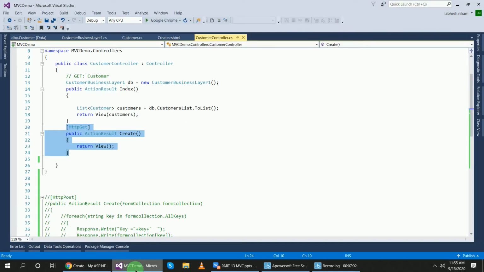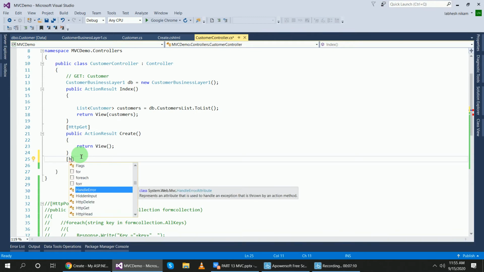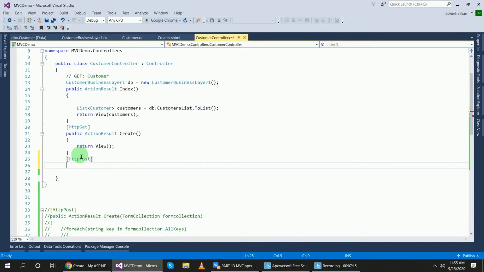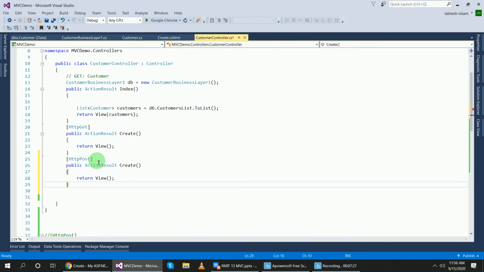Now to submit the form I will create an HttpPost attribute. Using the HttpPost attribute I will create one method, the same, because we have to post the data into the database.